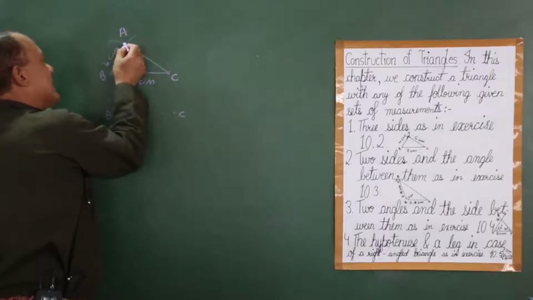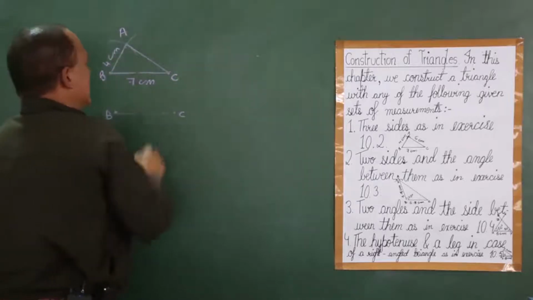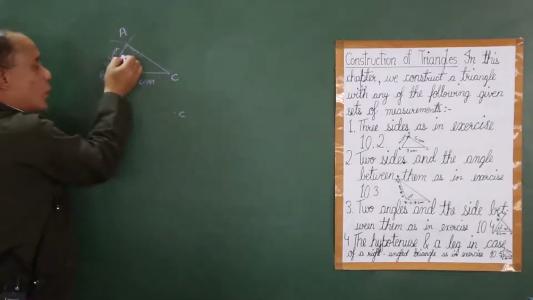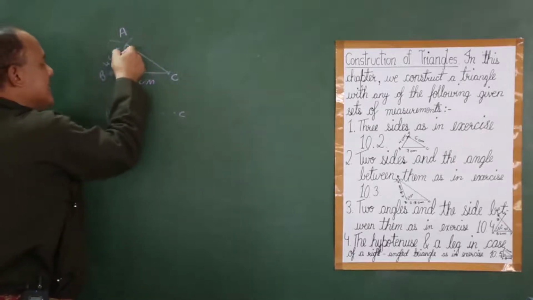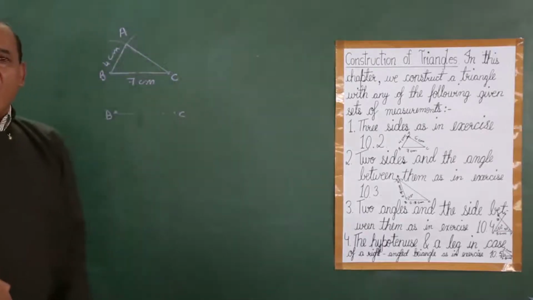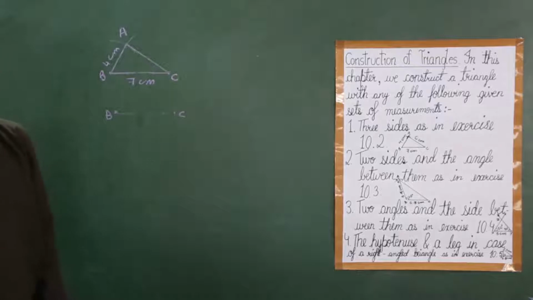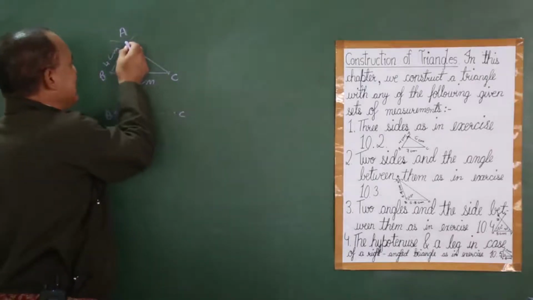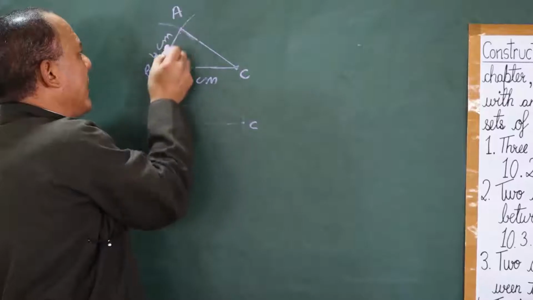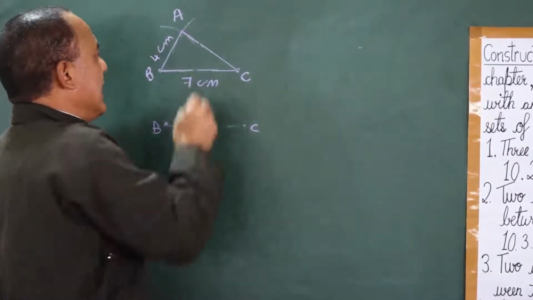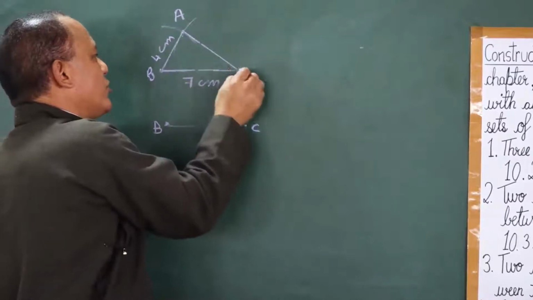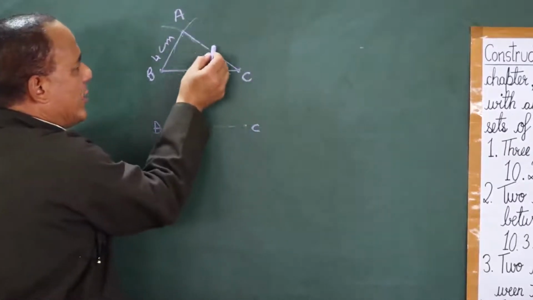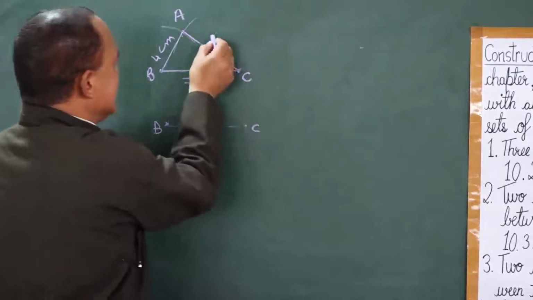From this point of intersection of the two arcs, meaning part of the circumference. Circumference is the outer line of a circle. The part of the circumference is called an arc. So these two arcs intersect at point A. So from that point A to B you join, and then from that point of intersection to C you join. And then you write here what AC is, here 6 centimeters.